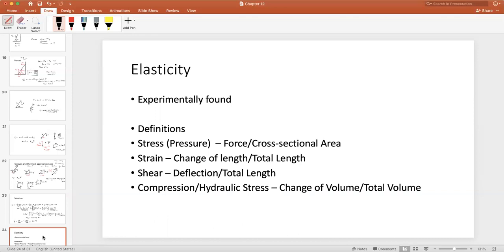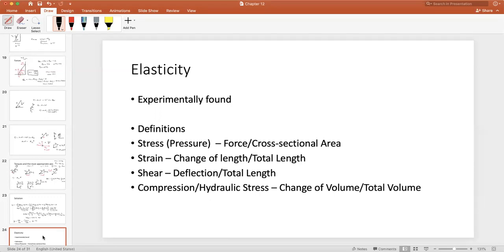It's valuable to engineers. Basically, all solids have a property called elasticity, which means if you try to pull it apart or compress it or bend it, how they respond to that is the length change or the deflection or the compression, which results in a volume change. These experiments have been done on things like steel or wood or plastics. Basically every type of material that is